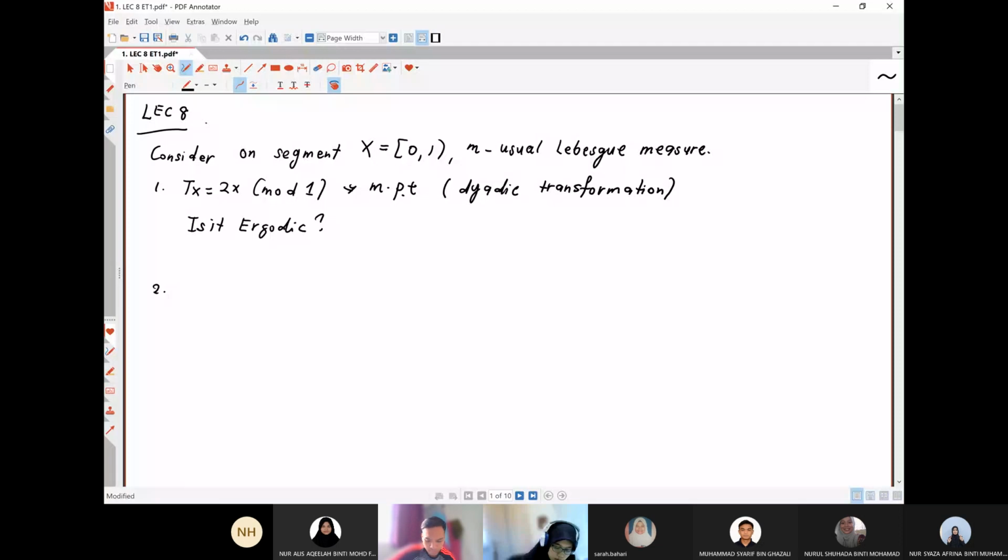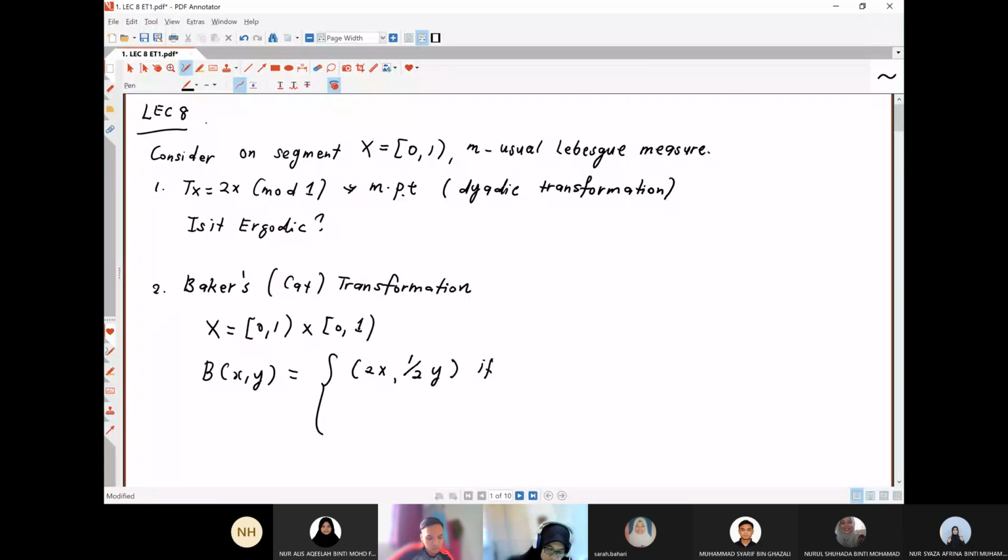So it is two dimensional. And B of (x, y), or we call it the Baker transformation, defined on the points x and y, is equal to 2x and half of y